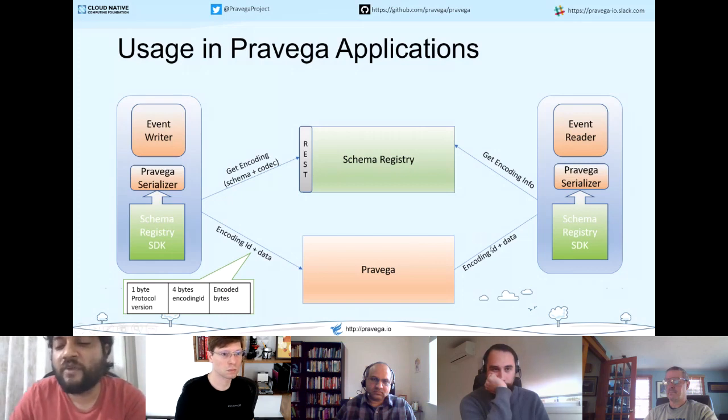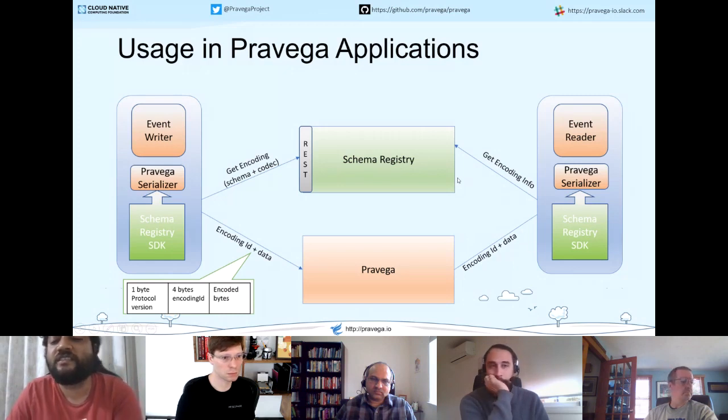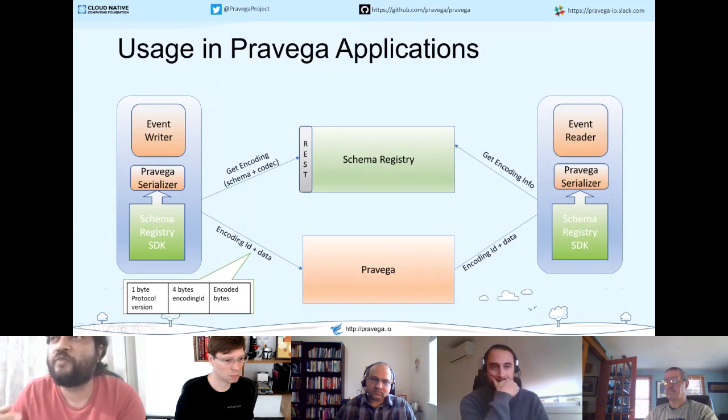And at read time, when the reader reads those bits, it knows that the first few bits are the schema registry issued identifier. So it resolves it against schema registry, and it makes use of it to deserialize the data from that point on. So different events in a Pravega stream could be tagged with different IDs because they would potentially have been written with a different schema, and readers could resolve that.